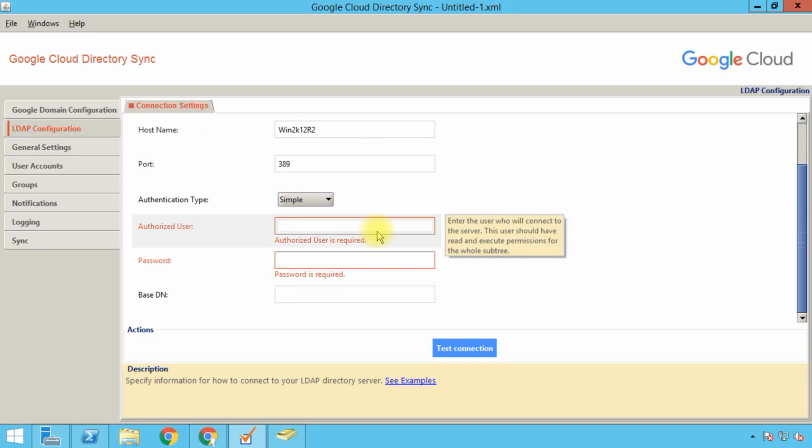a user account that will be able to connect to the Active Directory and retrieve the information from the attributes. Now Google will tell you that you can use a user account that is member of the domain admins group, and the reason for this is you need to make sure that the user account you are using is allowed and having the permissions to access the Active Directory attributes and retrieve all of the required information to be synced